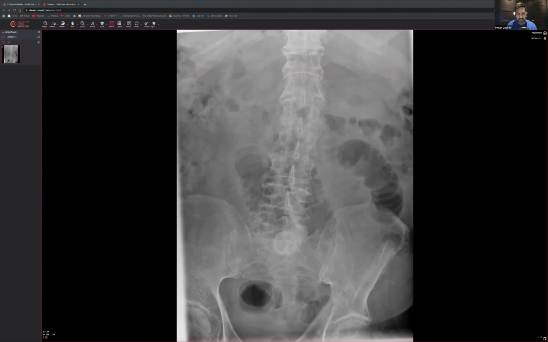So someone's written SBO. I think we can all agree that there is something up with that bowel, don't we? I think we can all agree there's something very, very abnormal about that bowel. Perfectly correct, completely correct. But anything else about this particular bowel that doesn't look quite right? Anything else? Yeah, excellent. So some people have said it. Okay, so what we'll do, we'll start explaining it now.